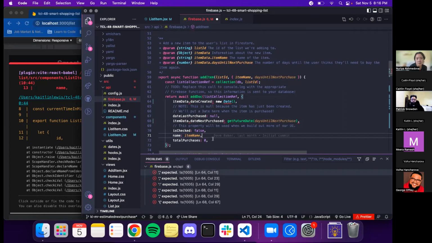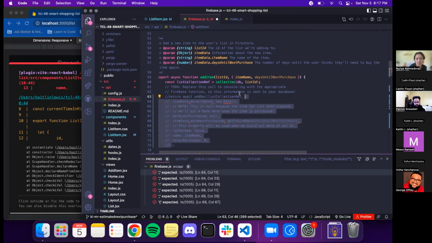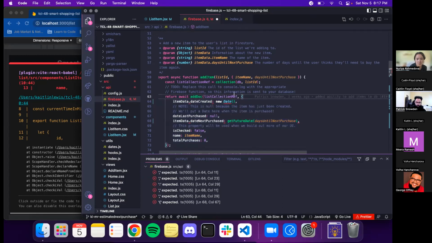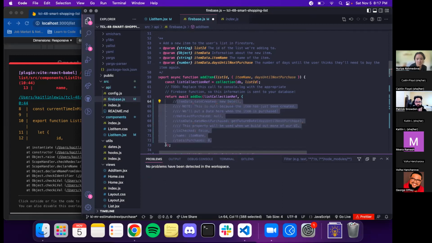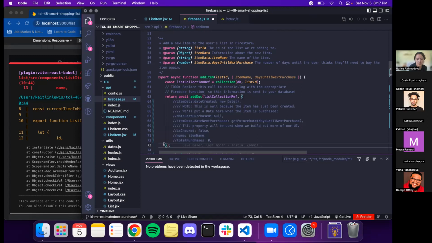Really? Okay. So I can comment all of this out. I think you have to wrap them in the brackets. I don't remember. Comment just that. Yeah, and just type item data.